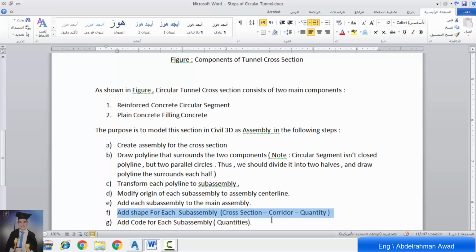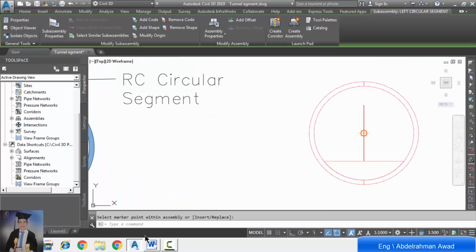So we will add a shape for each sub-assembly. We click on each sub-assembly and add a shape for it.